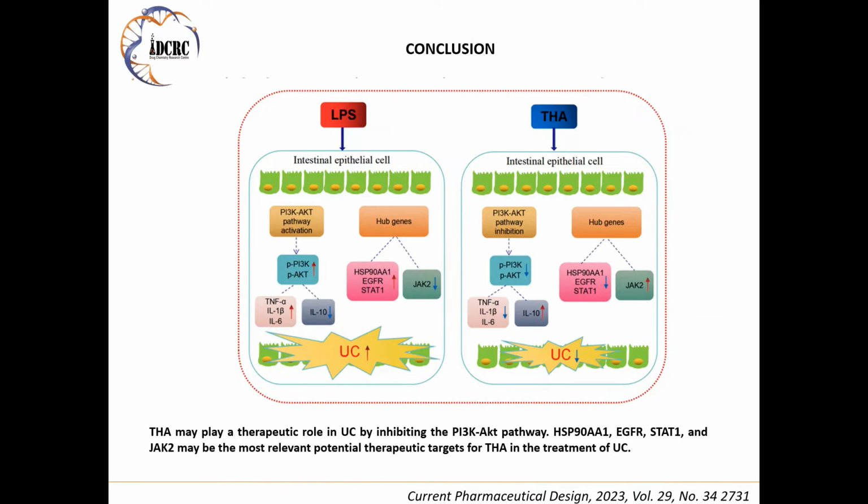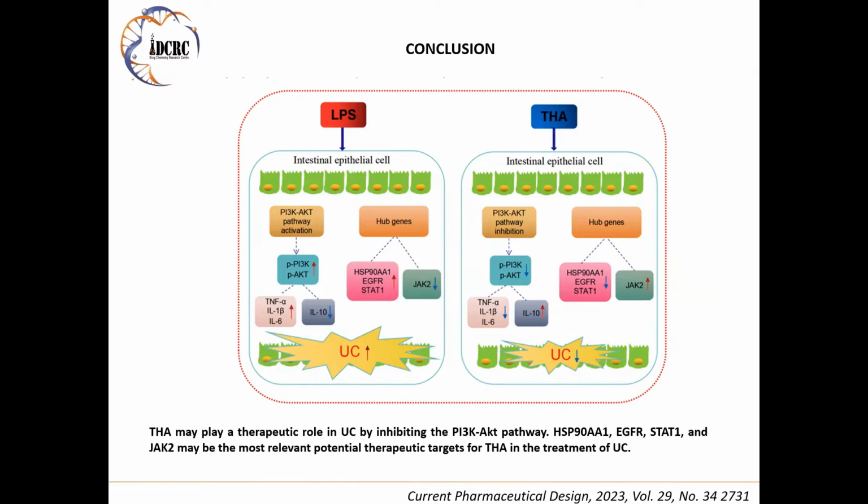They did the GO enrichment analysis, and they found that certain genes which are involved in the LPS induced ulcerative colitis and increased in this disease condition are decreased. The expression of those genes decreased when we treated the ulcerative colitis condition with